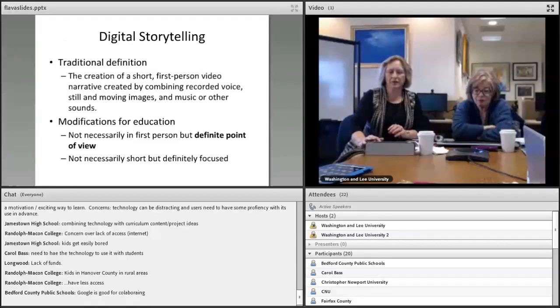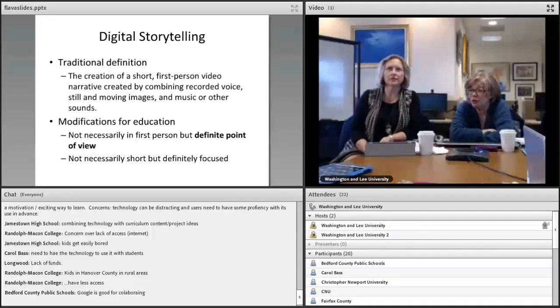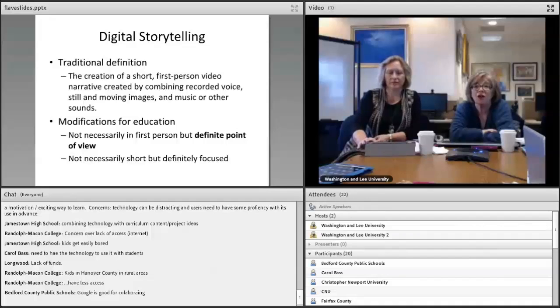So one of the best ways of thinking about incorporating multimedia is to think about the concept of digital storytelling, which has been around for a great long time. And a lot has been written about it. On our handout, you'll see a lot of references that you can look up and find research and ideas and all sorts of things. There's a whole thing called the Story Center, which is a center for digital storytelling. They have workshops, they have courses, they have everything.